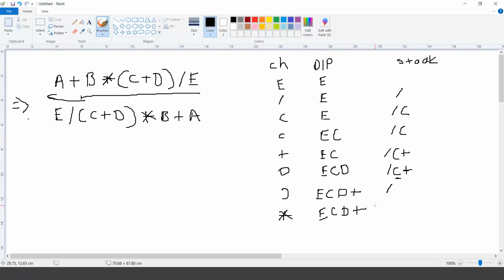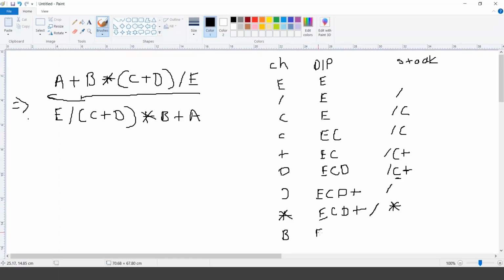So we shall pop out this division and then push the multiplication on the stack. So we popped out the existing symbol to the expression, and then we added the new symbol to the stack. After that, the next thing we are reading is B.